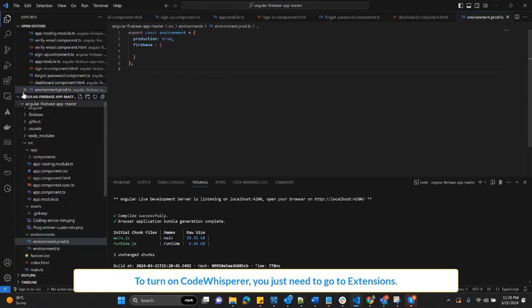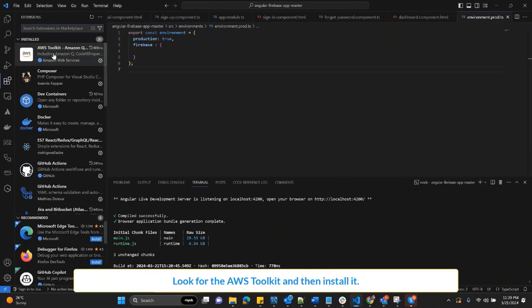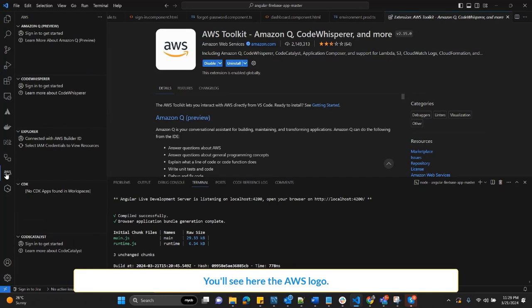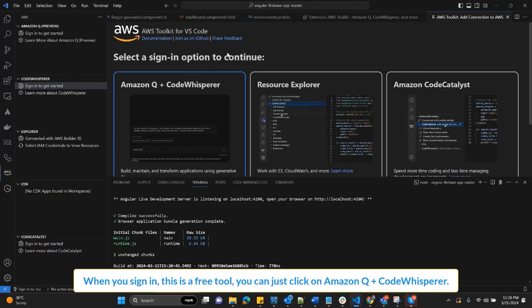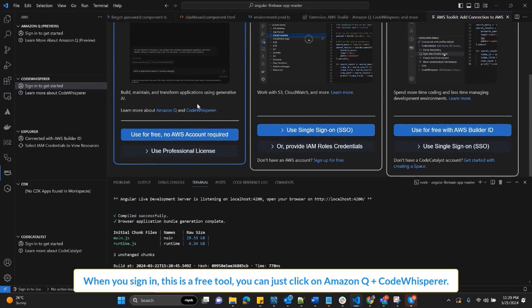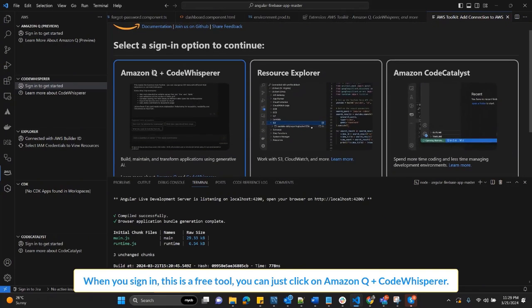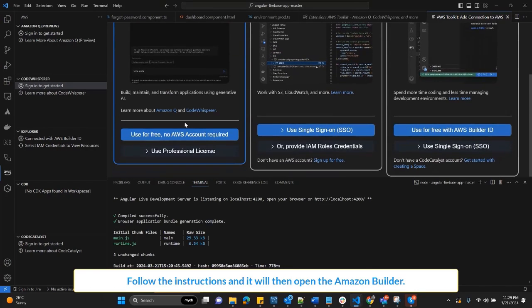To turn on CodeWhisperer, you just need to go to extensions, look for the AWS Toolkit, and then install it. I have already installed my AWS Toolkit, and it's now on my side panel here. You'll see here the AWS logo, and I have to sign in because I just signed out for demonstration. So let me sign in now. This is a free tool, so you can just click on Amazon Q plus CodeWhisperer,